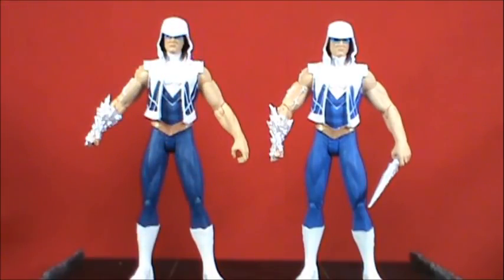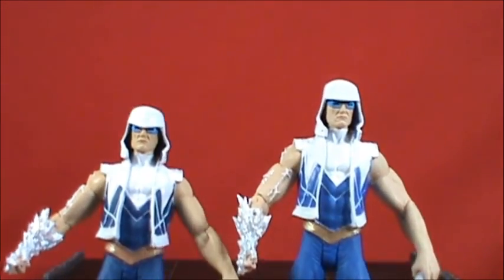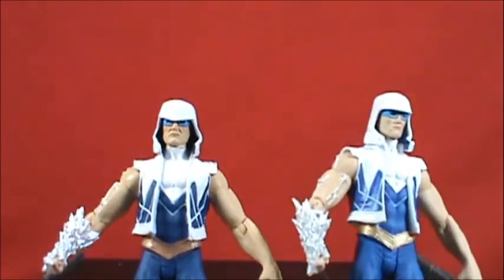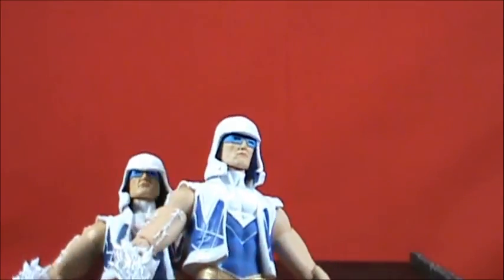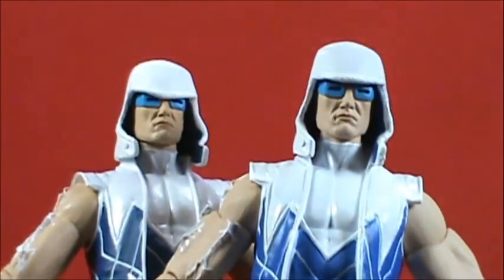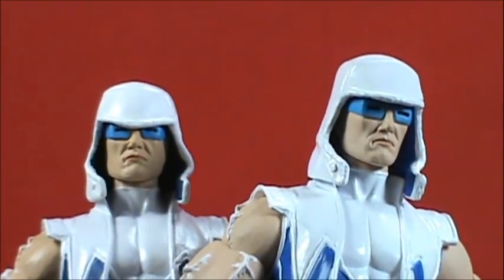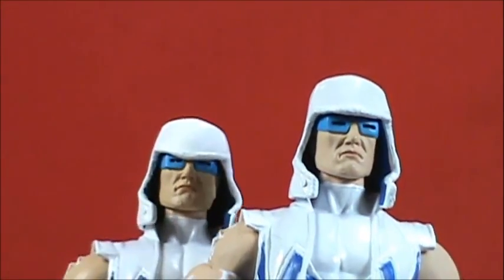I apologize about that. The blues are definitely the biggest change on the figure in the bodysuit. This Captain Cold does not come with the ice ball or the icicle-like spear here. This one is very easy to tell. The masks, for the most part, I believe are identical. I don't think they did the eyes at all, the actual mask. The inside of the mask is a darker blue, but as far as the mask itself,